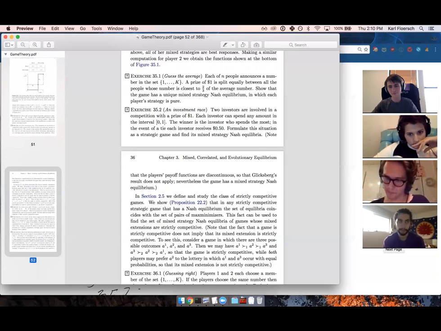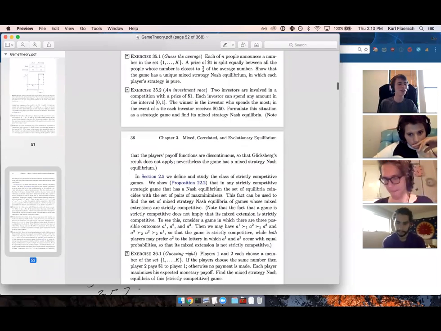It doesn't mean that it's the only Nash equilibria, is what I realized, I guess. Yeah. So anyway, let's move on to 35.2. Cool. And also, I'll link the